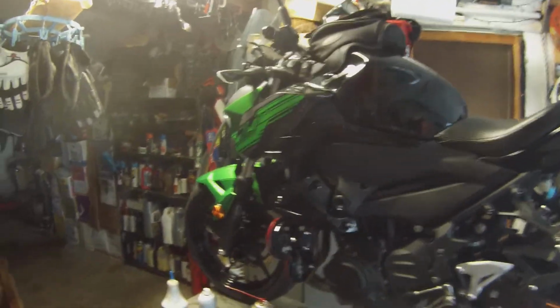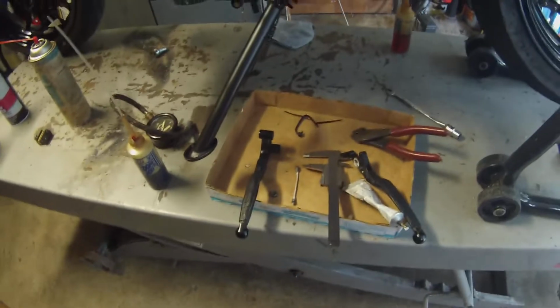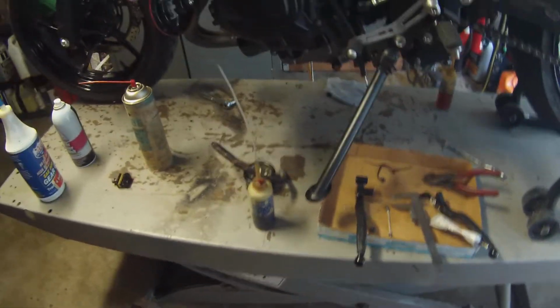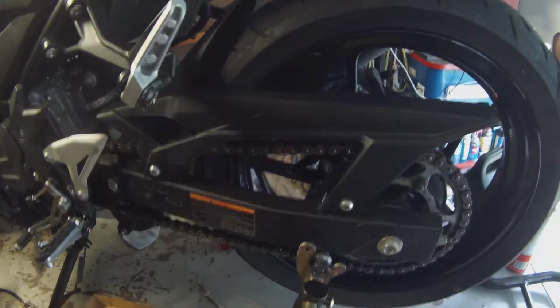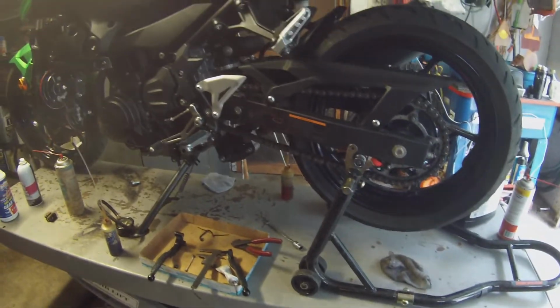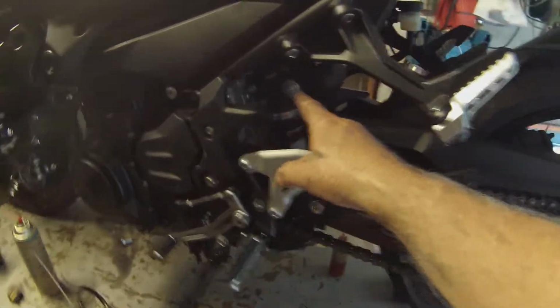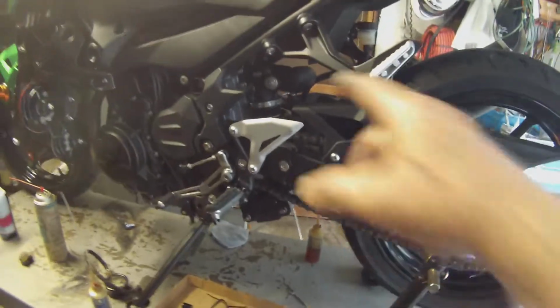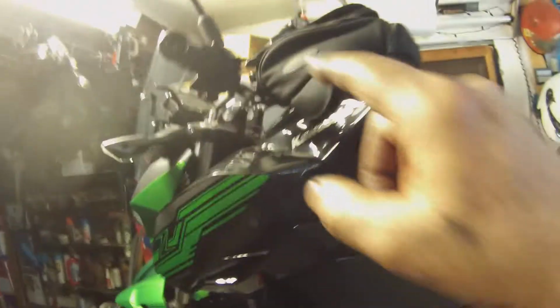But anyway, I'm going to put these levers back on, all lubed up, and I've given everything that moves an inspection and grease. I had changed the shock on this. That's a shock off of a GSXR 600. That, the bar risers,